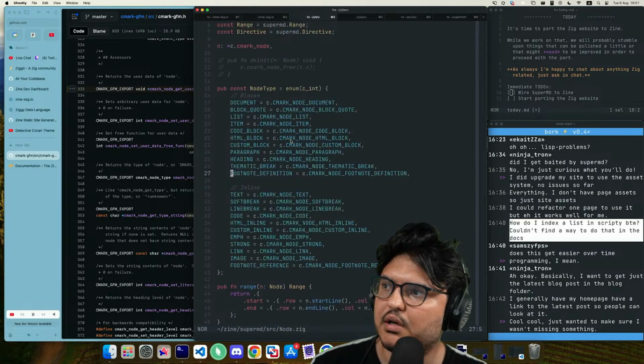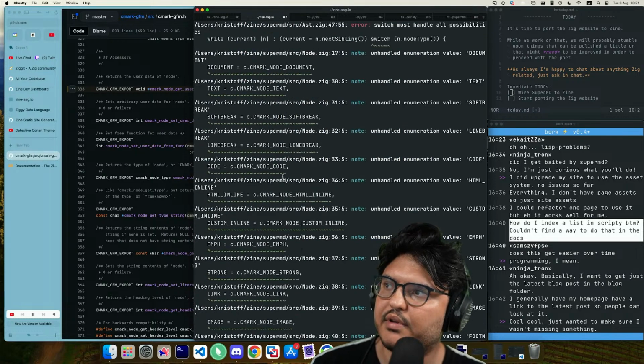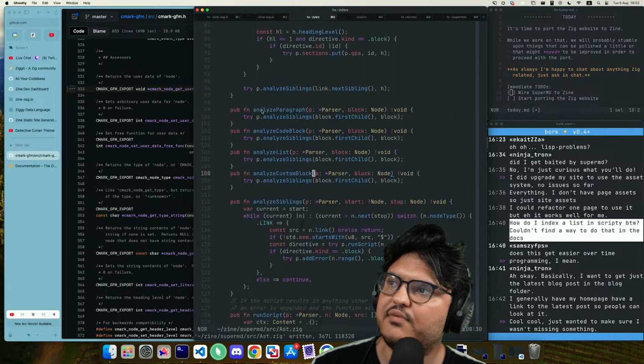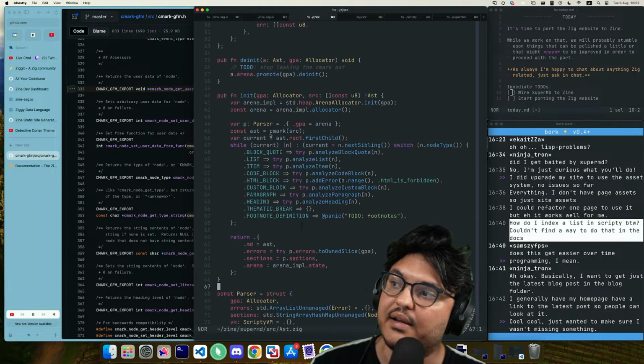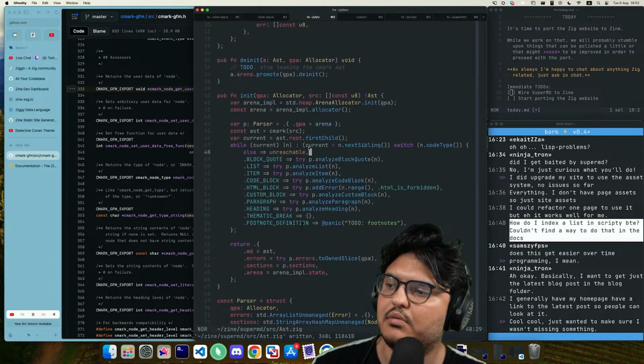Until we implement other stuff. What's the problem? Which must handle all possibilities. AST47. Oh, you're right, actually. So the problem is else unreachable because we don't expect to find non-block elements.